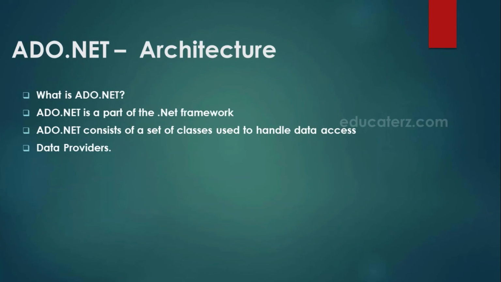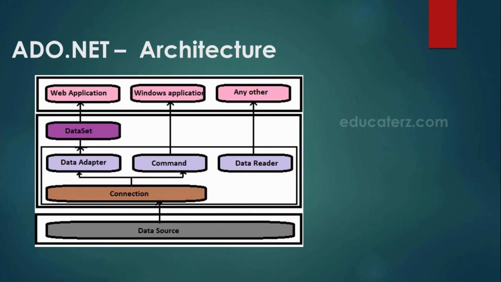So let's go again one more time. What is ADO.NET? It is ActiveX Data Objects. Don't think ADO.NET is a different technology altogether. It's a framework. You can think of ADO.NET as a set of classes that can be used to interact with data sources like SQL Server. Whatever type of application you are developing, like a web application, Windows application, or any other kind, if we want to communicate with a data source like SQL Server, we should have ADO.NET. Otherwise, we cannot imagine connecting to databases or a data source.